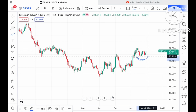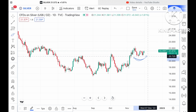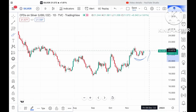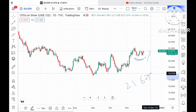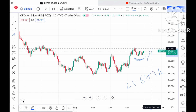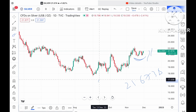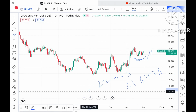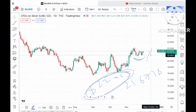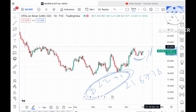Look at this particular chart. A swing is forming here, which is on a higher side, so there are chances of moving further upside. We can see it can touch a level of $21.673. If the price sustains above that level, it can go further high and touch a level of around $22.063. Keep this in mind, this $22.063 is already being tested here, so the probability is very high. We can see it can go towards a level of